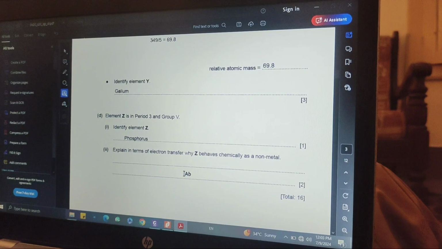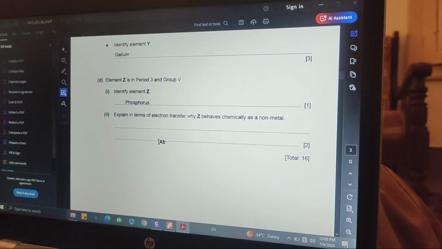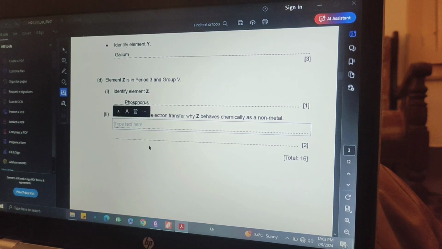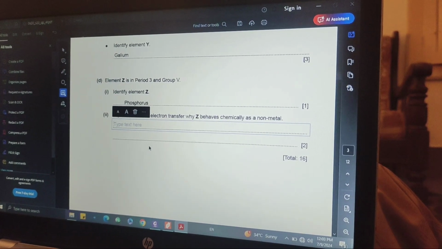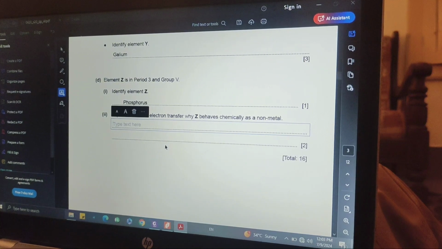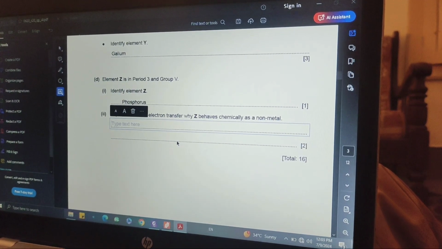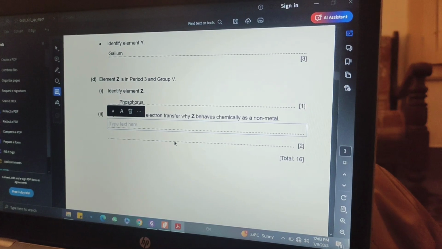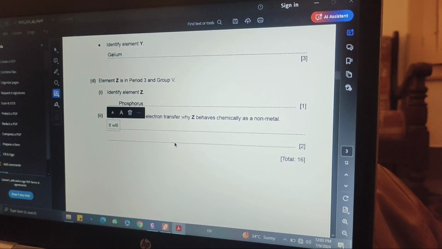Explain in terms of electron transfer why Z behaves chemically as a non-metal. As people already know, the metallic character is related to the number of electrons that can be donated by an element. So Z, belonging to group 5, doesn't lose electrons; it will form a -3 ion by accepting 3 electrons. We'll be saying it will form